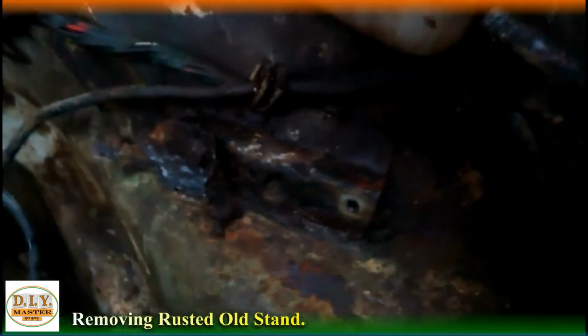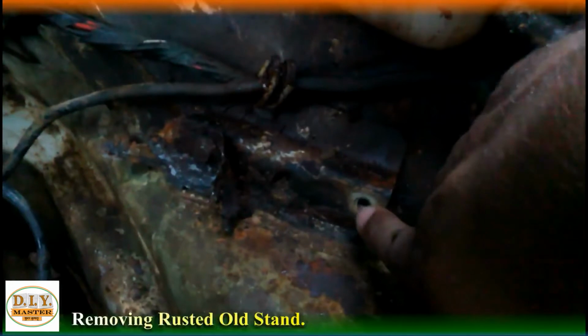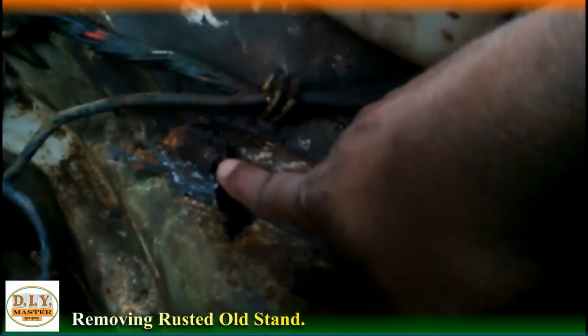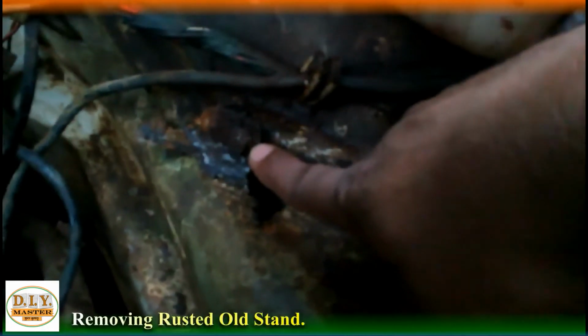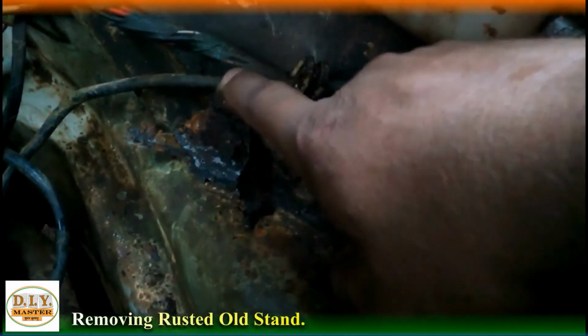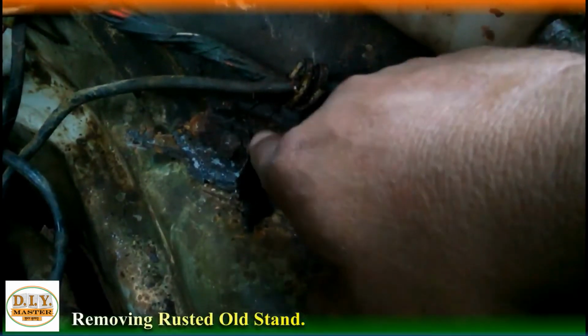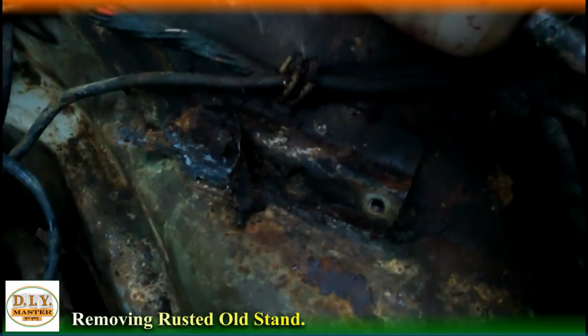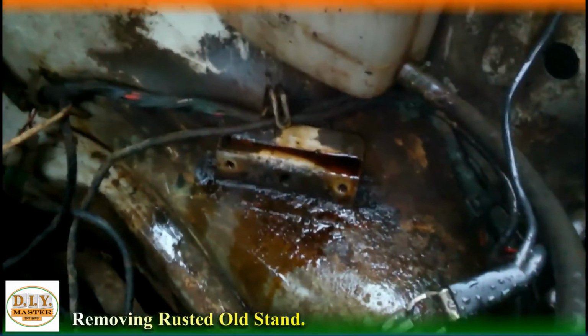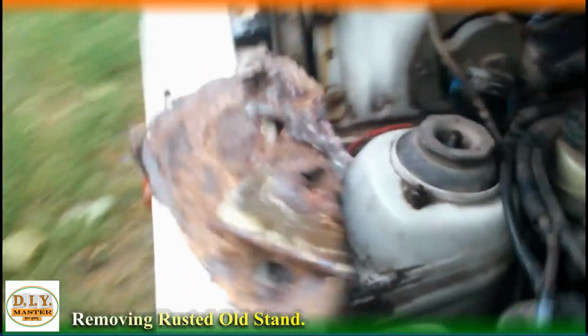So you can see after a very long struggle, this one bolt is open. Another one is still pending. Still continuing. Might not open today, but definitely tomorrow. I have put some oil so that the rust might loosen. Still I'm trying. So guys, finally our old stand is taken out and you can see how badly it is